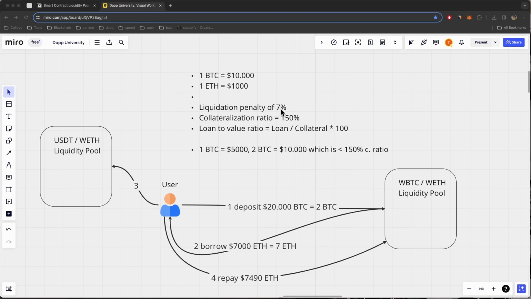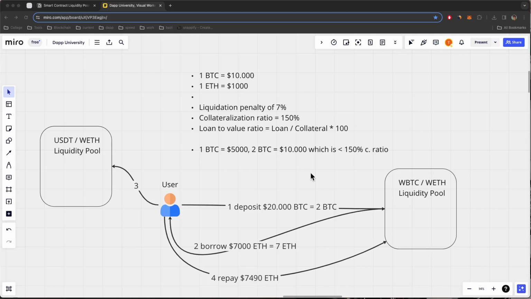This liquidation penalty is just because you failed to repay the loan and your loan got liquidated, and 7% of 7,000 is $490. So you need to pay both the 7,000, and on top of that 7% liquidation penalty. So you need to pay in total